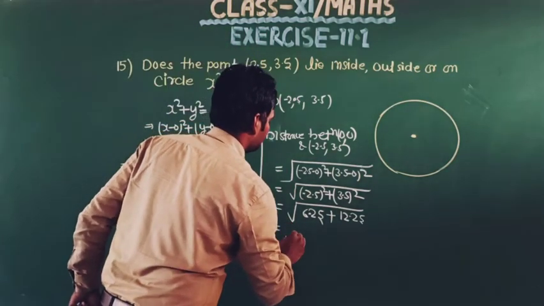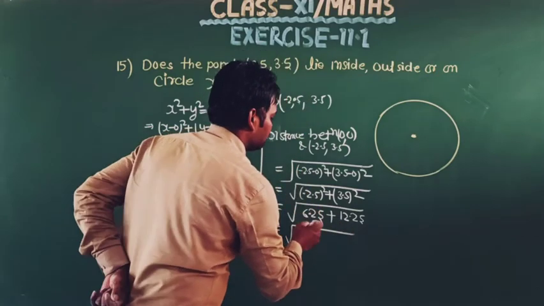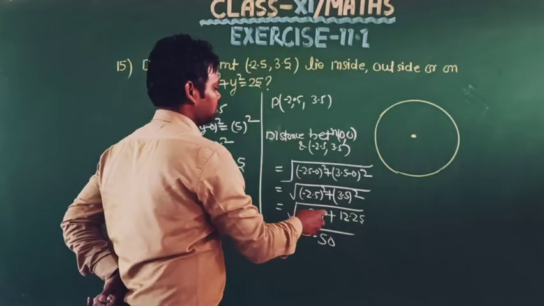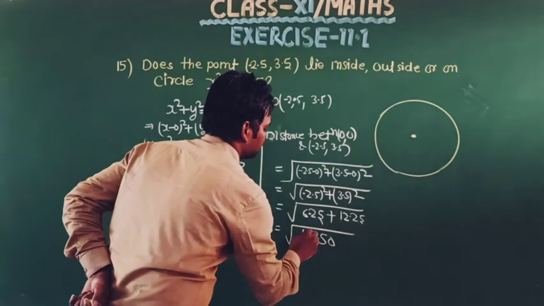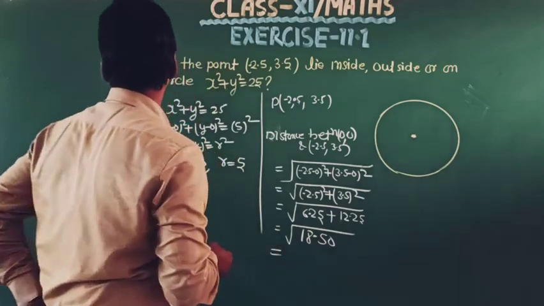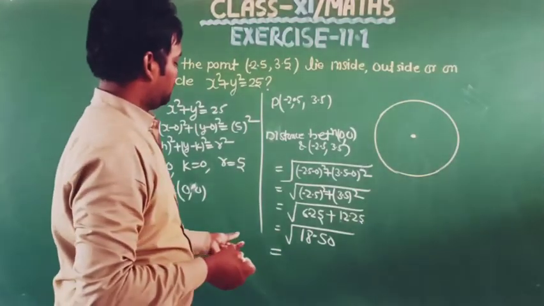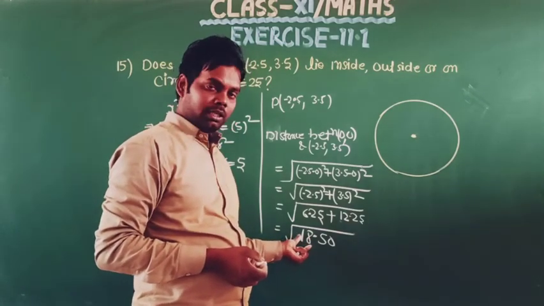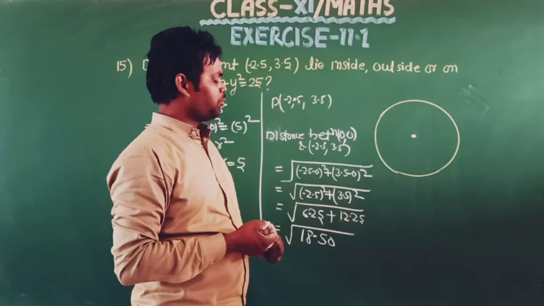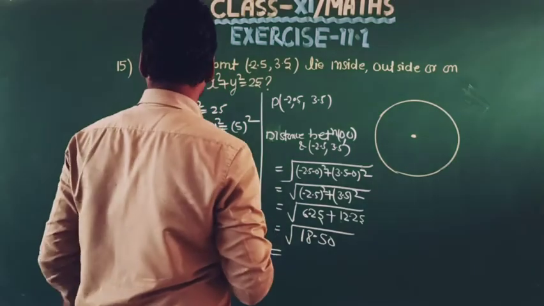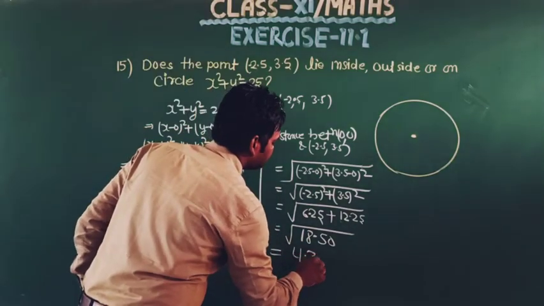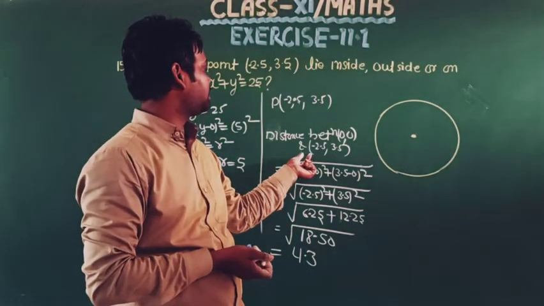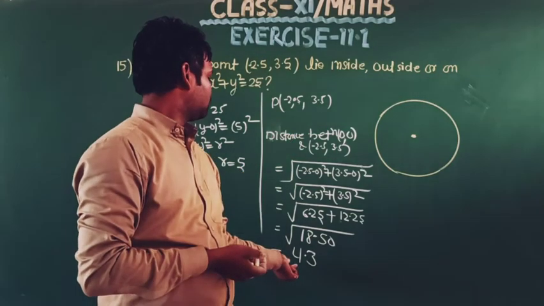Now adding, we will get 18.50, and after simplification, the square root of 18.50 is approximately 4.3 units. The distance between the center and the given point is